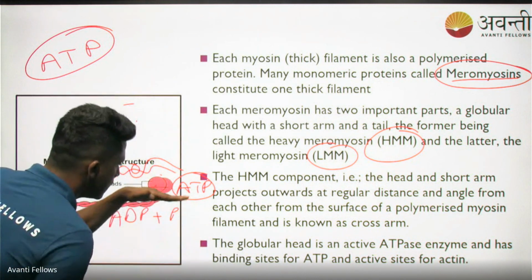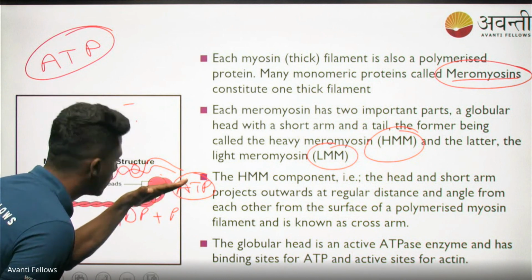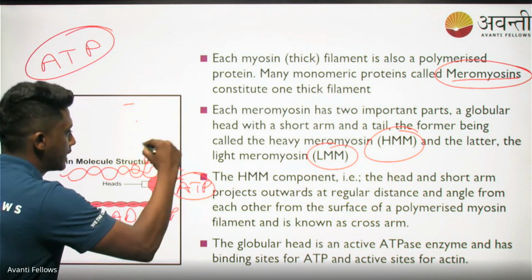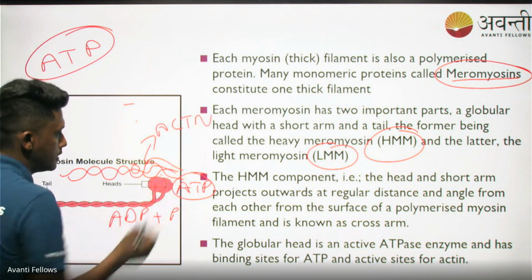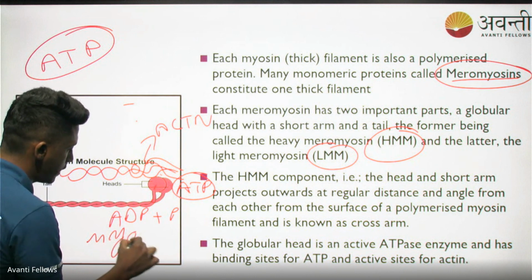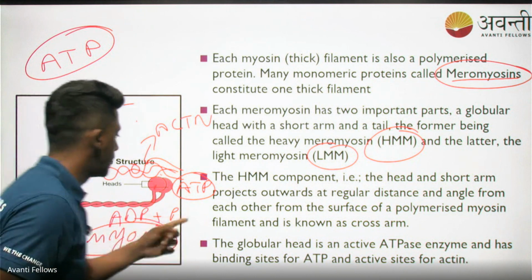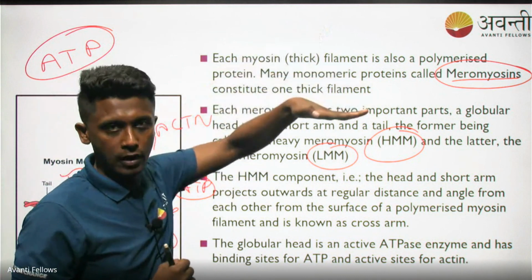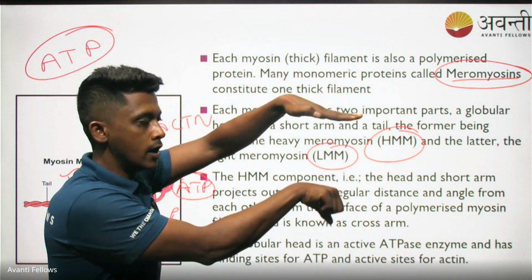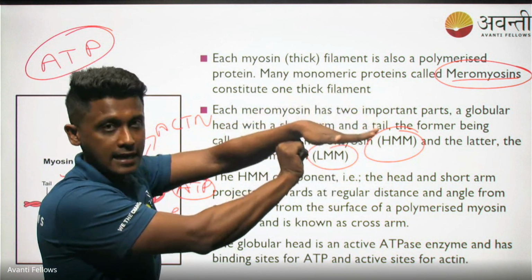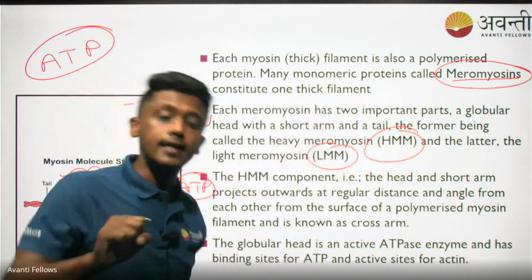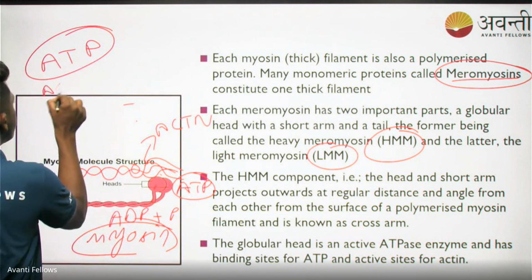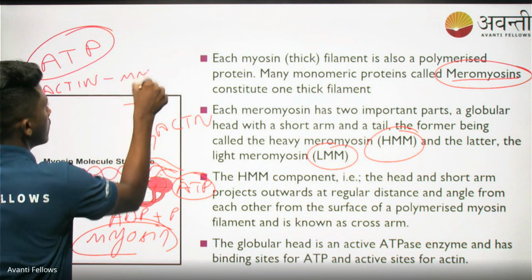Now what happens? This myosin, using its neck, gets straightened up and binds to the active sites on the actin. So this is actin, this is myosin, and ATP is hydrolyzed, it becomes ADP and phosphate. When you have this actin filament and a myosin head, the myosin head is raised and then attached to the actin on the active site, creating the actin myosin